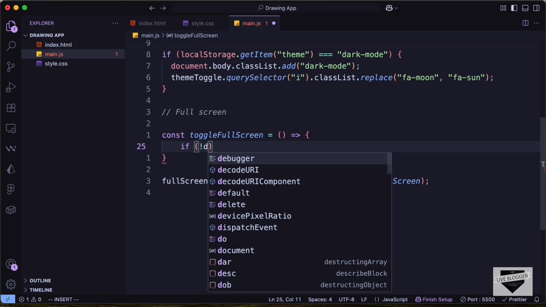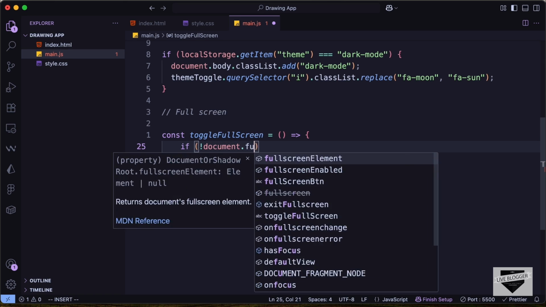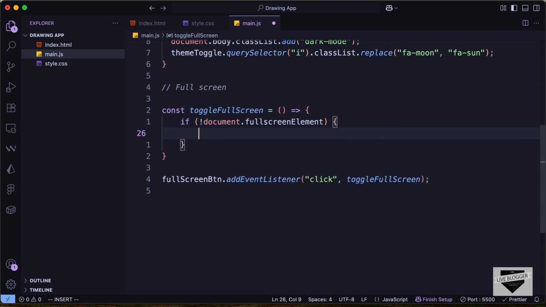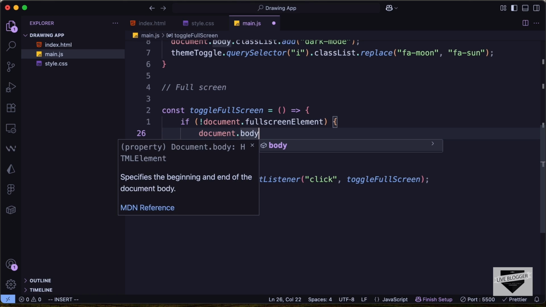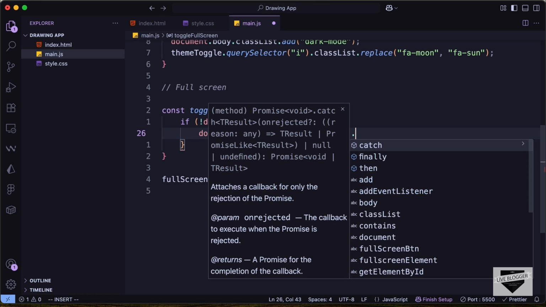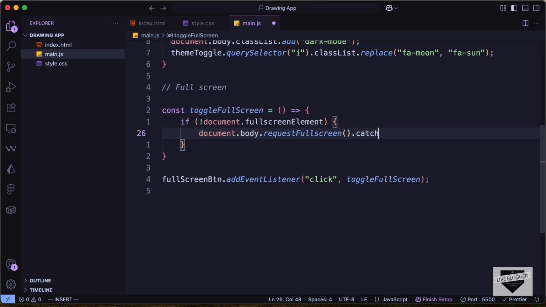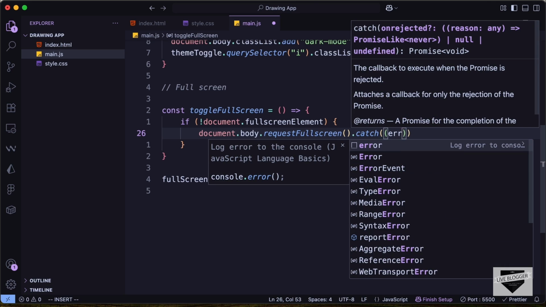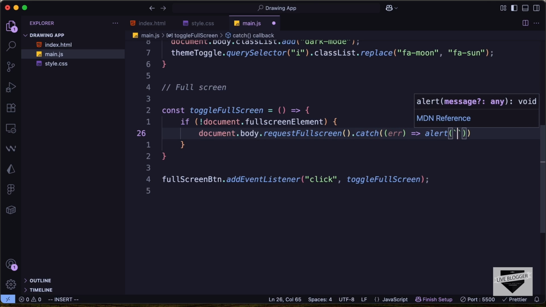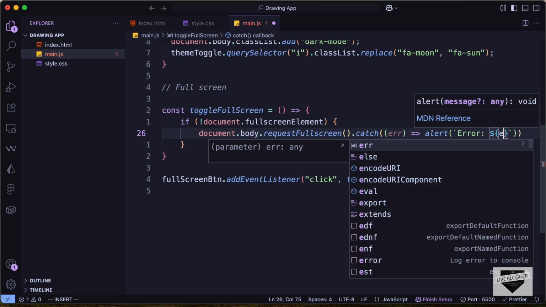So let's type exclamation document.fullscreenElement. Then we'll just go ahead and request full screen mode. So let's type document.body.requestFullscreen, and we can also catch any errors if you want. So let's type catch and let's type error, and I'll just go ahead and alert the error for now. So let's type error and let's type dollar symbol curly braces. Let's pass the exact error message,